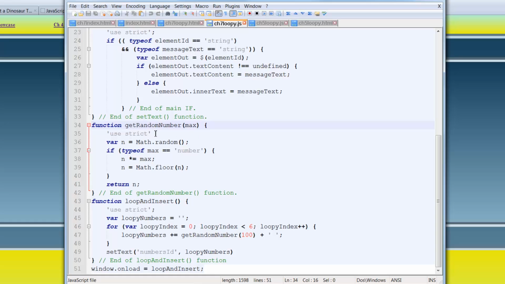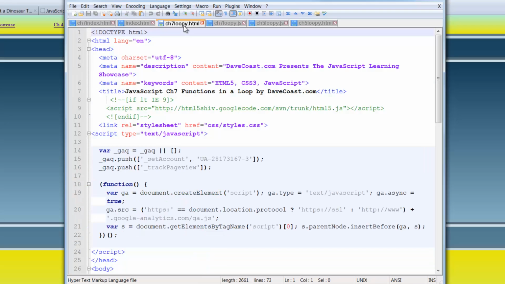But once again, here's another function. So our actual loop and insert now is, we create a variable and we do this 6 times. Here's our for loop. We do loopy numbers and we add, or concatenate, to that variable getRandomNumber with a max of 100, and it's putting that in there, and a space, concatenating a space after the number. Then we hit setText, numbers ID, and if I go to our HTML, you'll see here in the form,